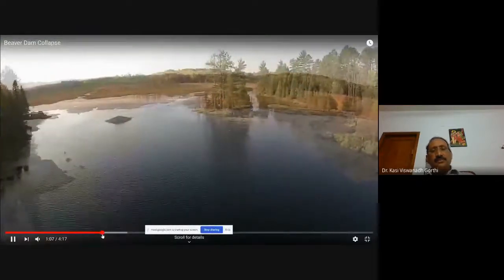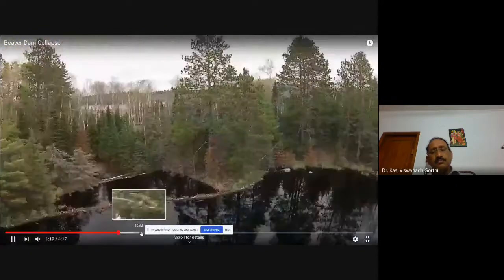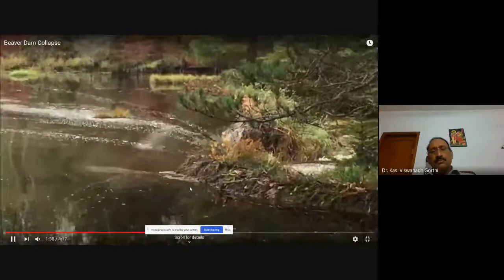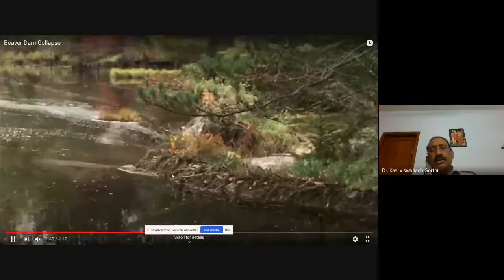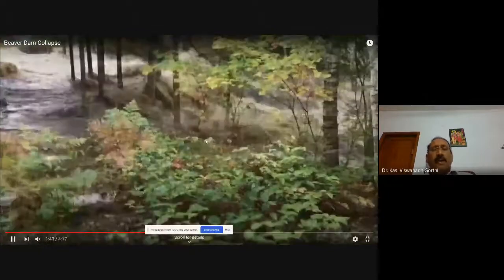The failure of a dam, which is shown here. You see here how the embankment is getting spoiled because of the overflow of water.